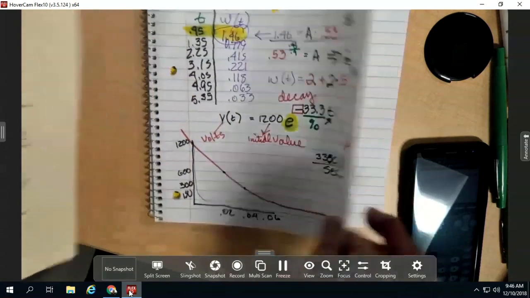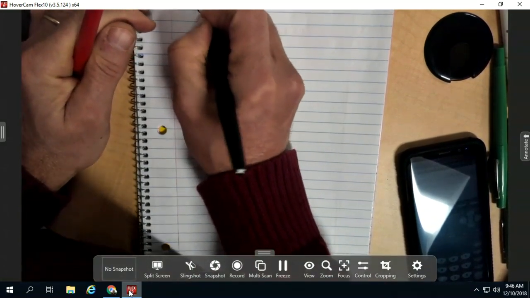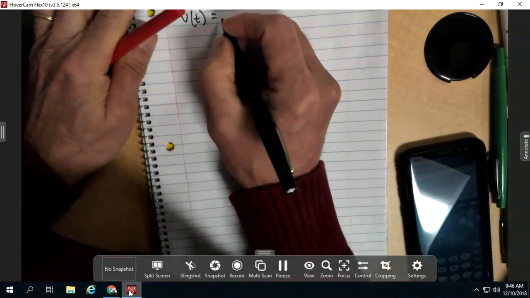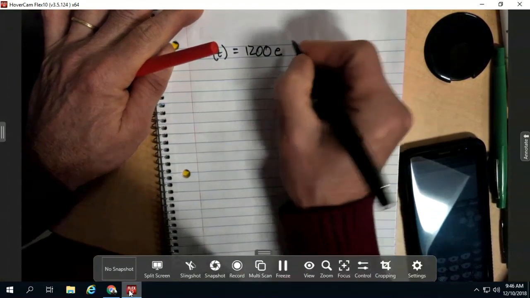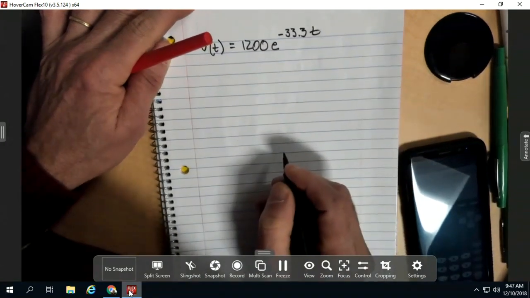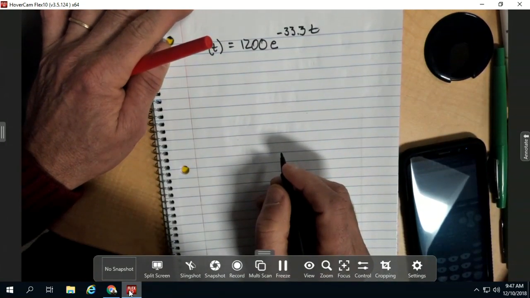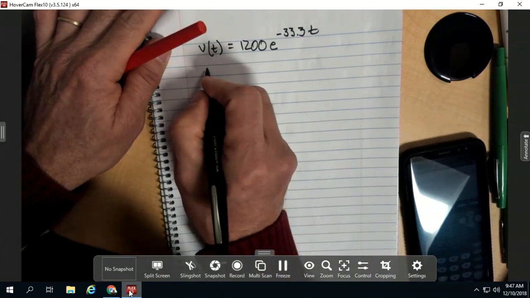Next equation. So we have the equation that says voltage as a function of time is 1200 e to the negative 33.3 t. Now they're going to tell us that the energy,